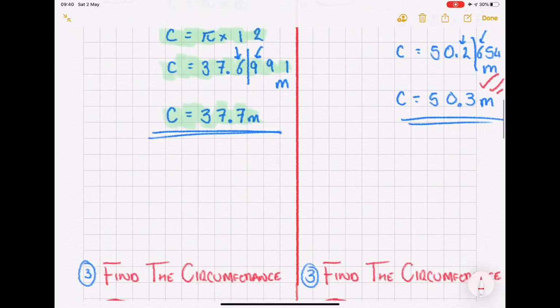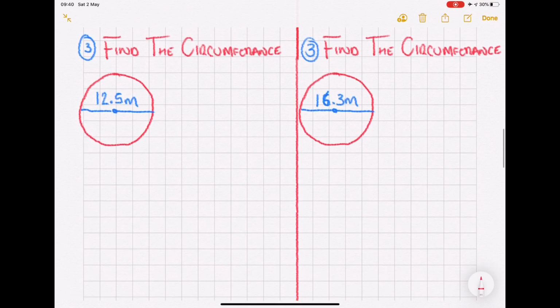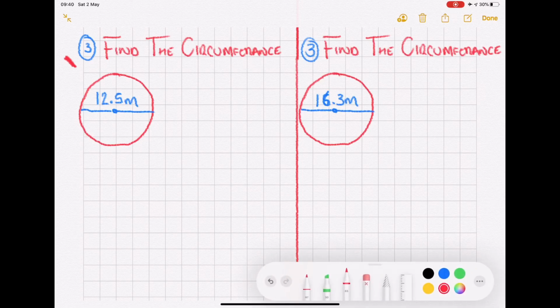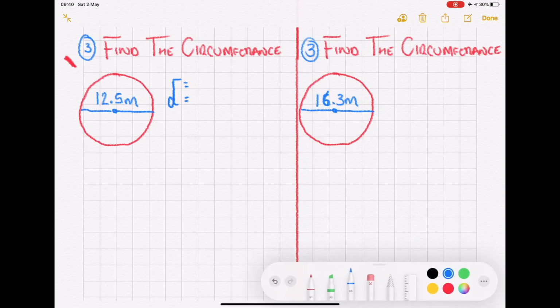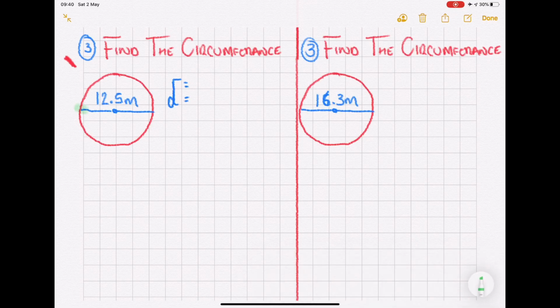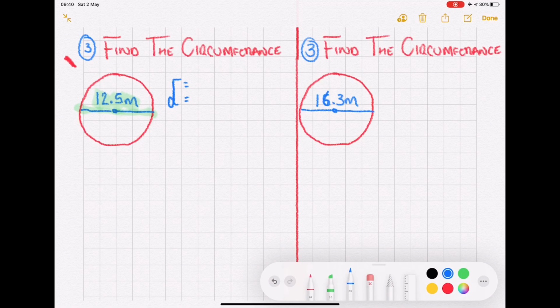Okay, well done. Let's have a look at this final example. Find the circumference of this left-hand example. Okay, so this left-hand example is a little different because we've got a decimal place in it, but that is no worry. We can treat this exactly the same. So let's start off by finding the radius and the diameter. What have we been given in the question? Well, we've been given the length that goes from one edge through the centre all the way to the other edge. Therefore, that must be the diameter. So we can say that the diameter is